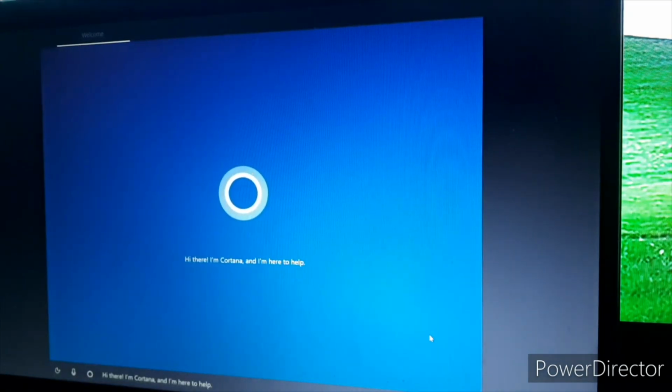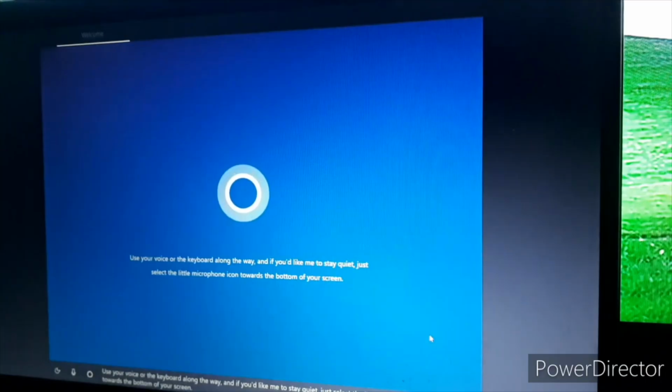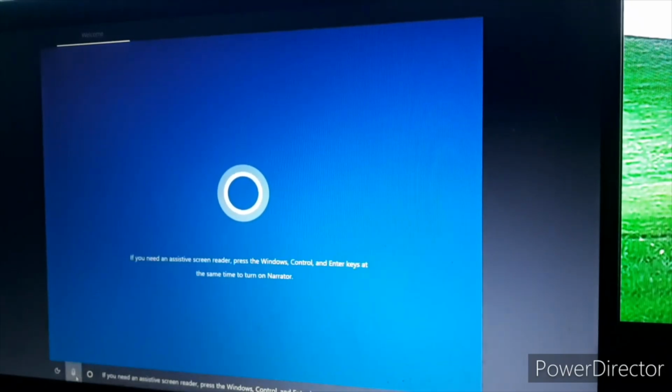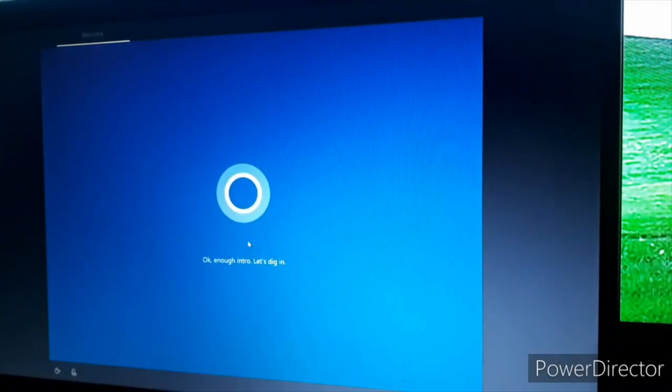Hi there, I'm Cortana, and I'm here to help. A little sign in here, a touch of Wi-Fi there, and we'll have your PC ready for all you plan to do. You can use your voice or the keyboard along the way, and if you'd like me to stay quiet, select this little microphone icon towards the bottom of your screen. If you need an assistant,